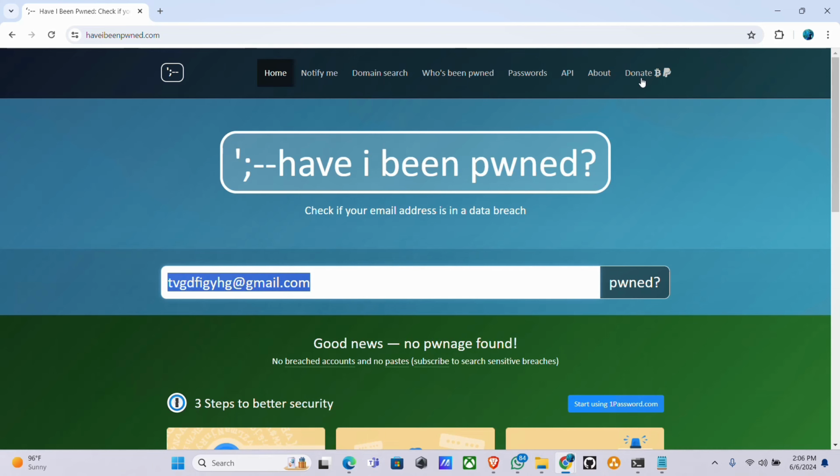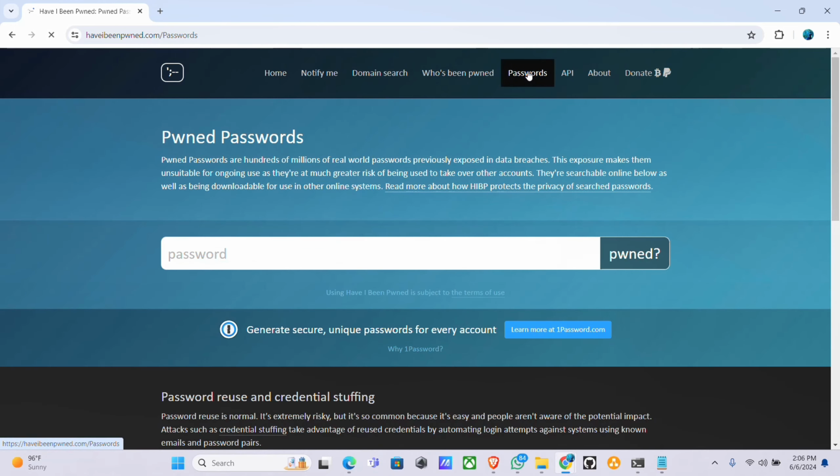So let's go for the password checking. You just click here, and then you see the interface has changed to something containing every content regarding the password. Then you read here, it says Pwned Passwords are hundreds of millions of real-world passwords previously exposed in data breaches. This exposure makes them unsuitable for ongoing use, as they are at much greater risk of being used to take over other accounts. Read this